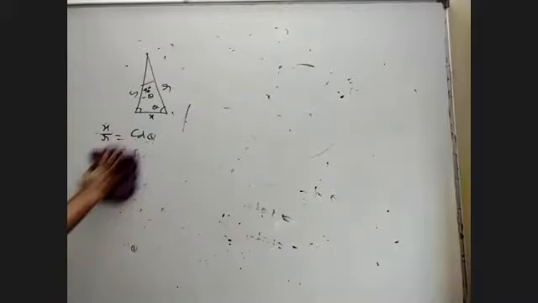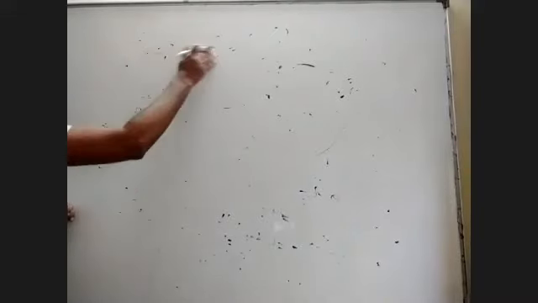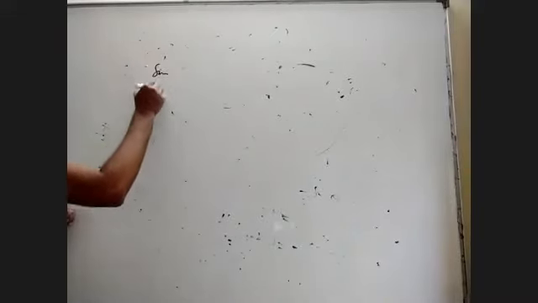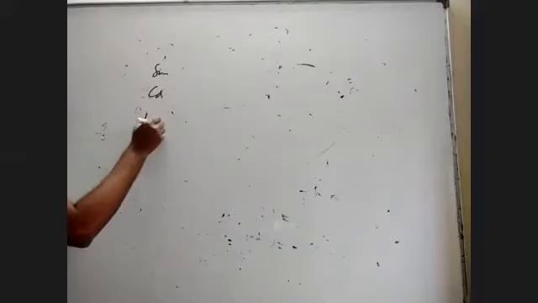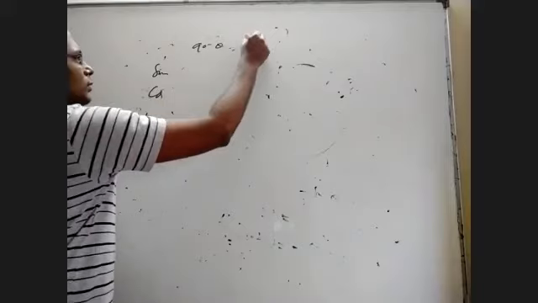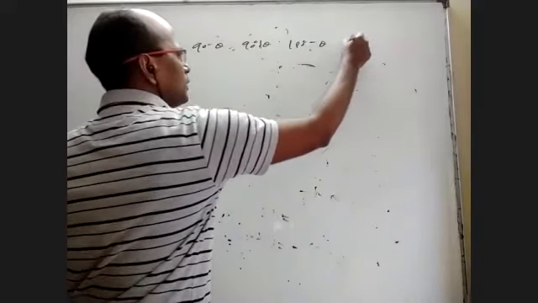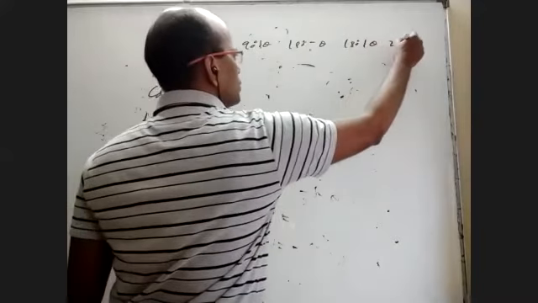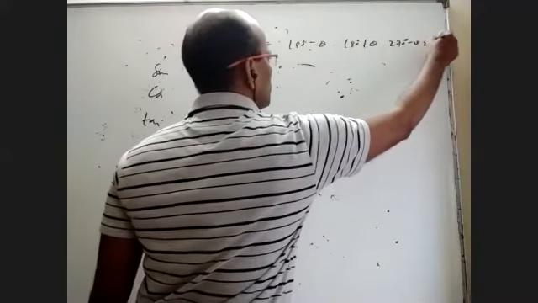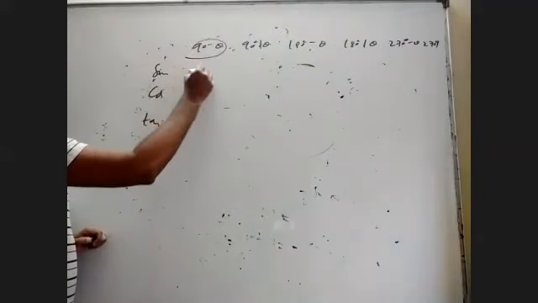Now you have to remember all these formulas. I'm sure there will be one big table. They will write sine, cos, tan, and even secant, cosecant. Here there will be 90 minus theta, 90 plus theta, 180 minus theta, 180 plus theta, 270 minus theta, 270 plus theta. So sine 90 minus theta, answer cos theta.